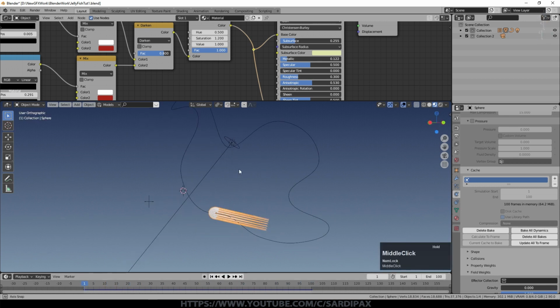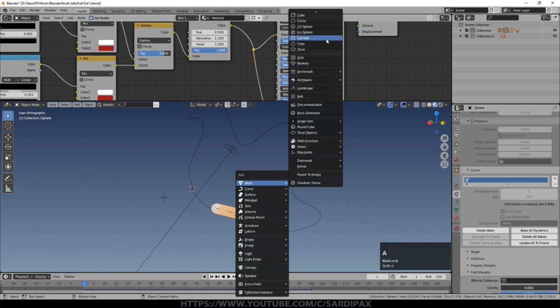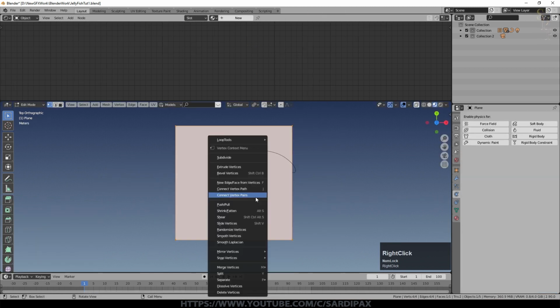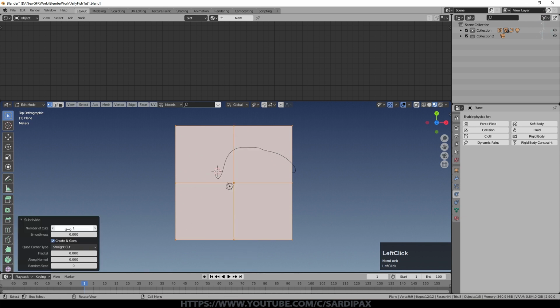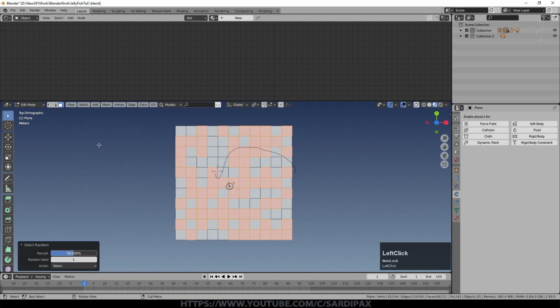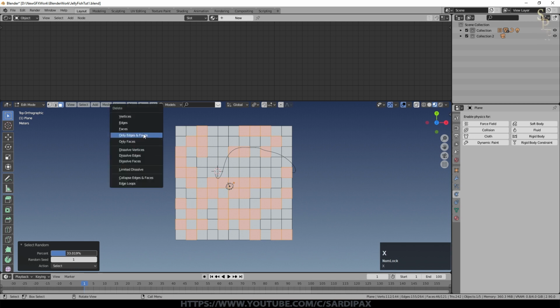So now I want to add the effect of waves at the surface and kind of mist coming through. I'm going to add a simple plane, scale that up and put it up there close to the lamp, and in edit mode I'm going to subdivide it a few times, not too many, so I've gone up to 10. I'm going to go to face select mode, and then I'm going to deselect all the faces and select random. You can select down here just how many of them are selected by that random. Doesn't matter too much. And then I'm going to say X, delete faces.